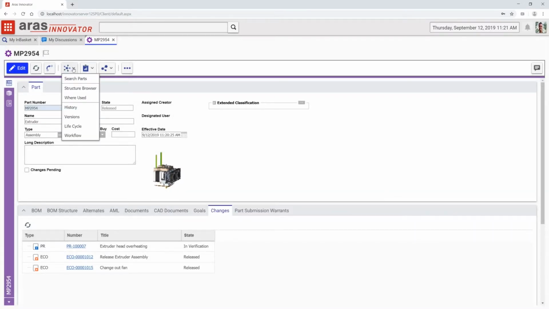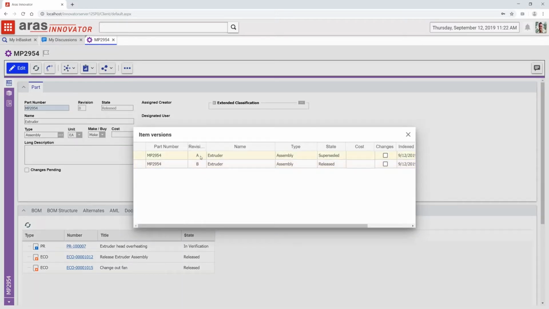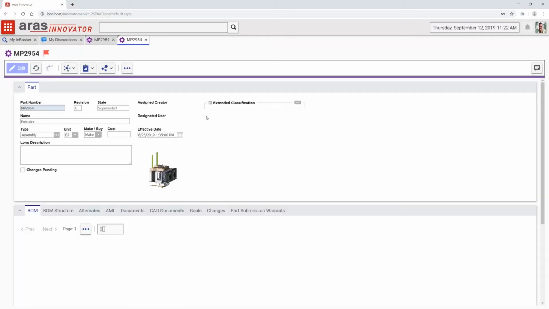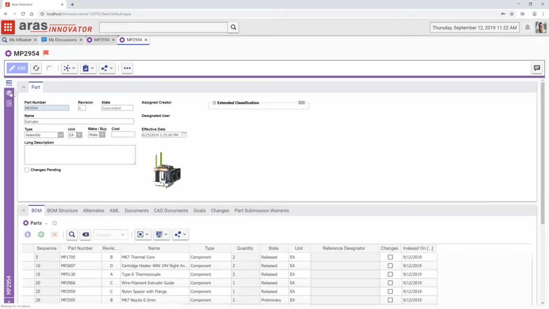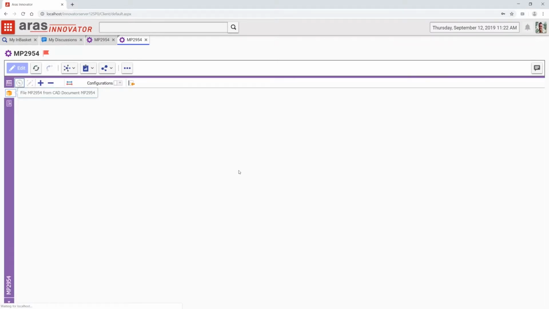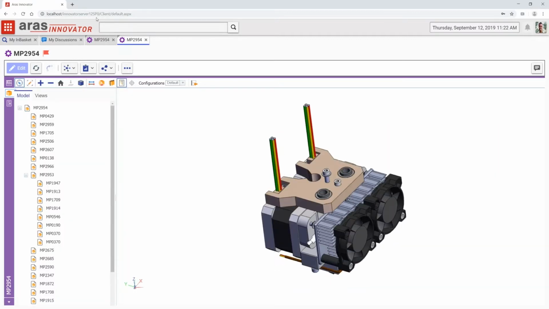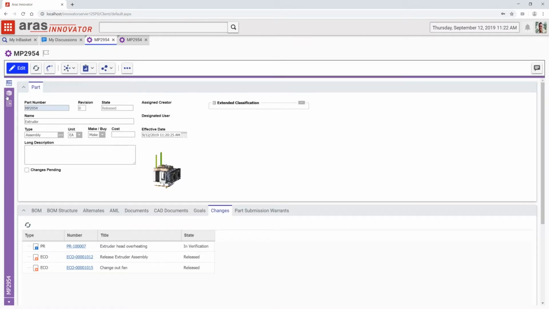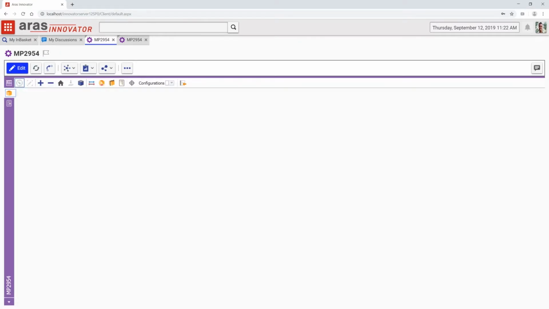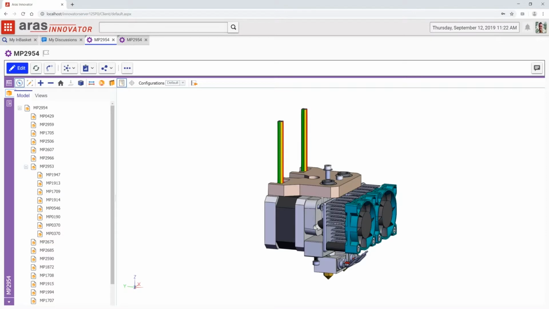If I want to do a quick overview of what's happened to this, I'm at revision B, but I can easily go and open up revision A, and it will be locked down to the state that it was before we made the change and created revision B. So this information is always accessible. If you look closely here and we do a view, we've made it kind of obvious. That's revision A with the black fans. We swapped them out, and I can easily see visually exactly what happened.